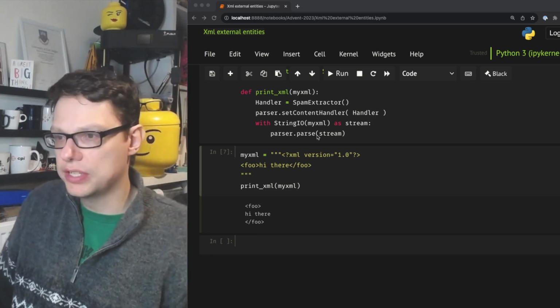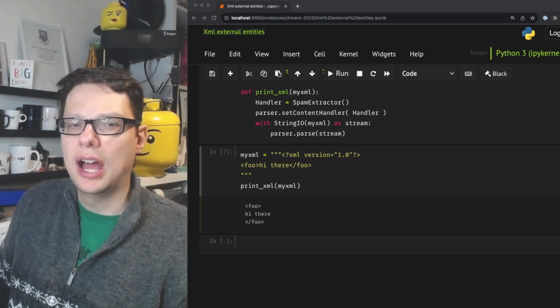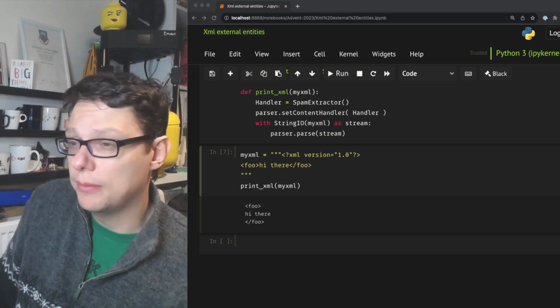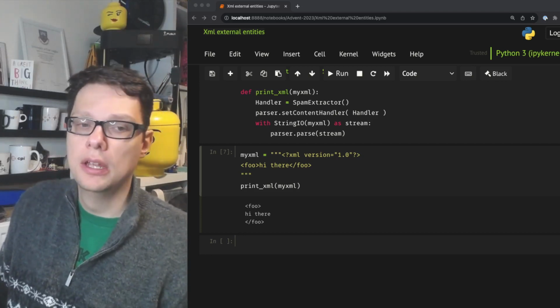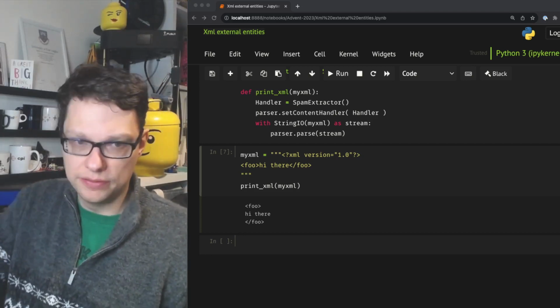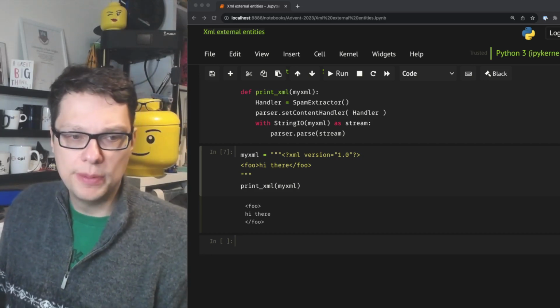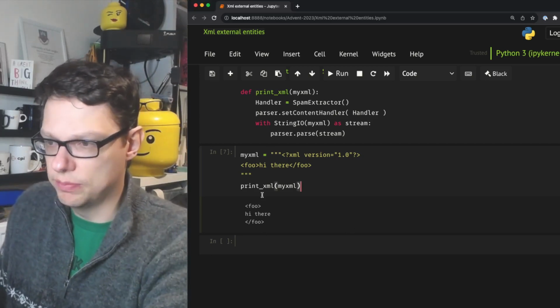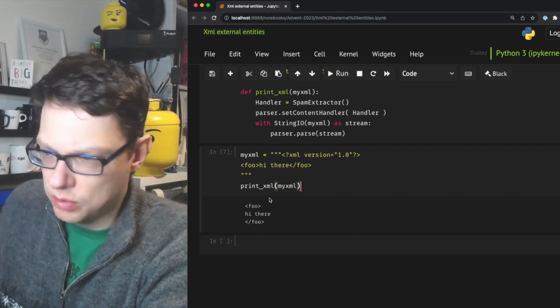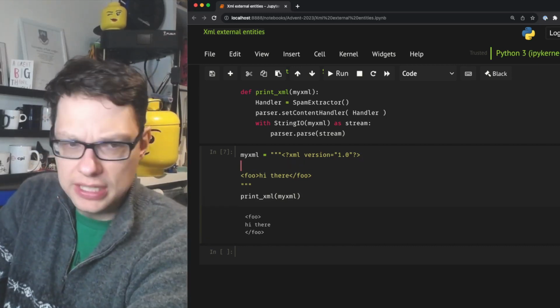So here we have in front of us, I've already set up an XML parser. I'm using a slightly different one to last time. I'm using a SAX parser in Python because the SAX parser has the ability to turn this feature on. So I've got a bit of XML in front of me, and I've just printed it off below in a nice way. So we're going to introduce a doc type into this now,